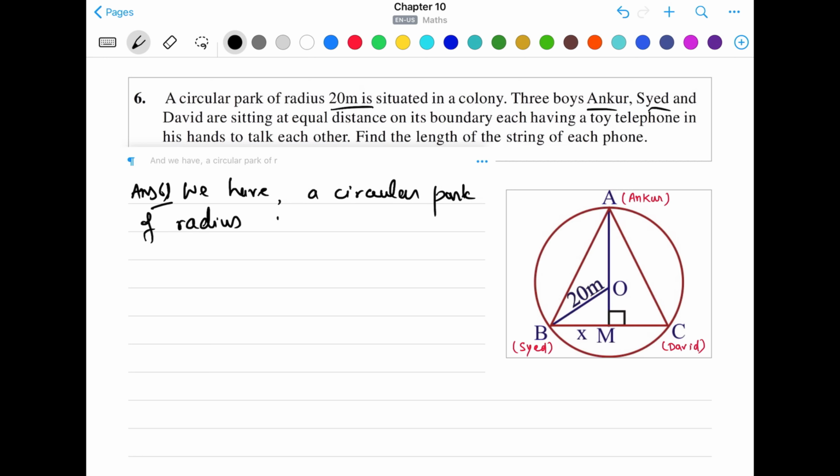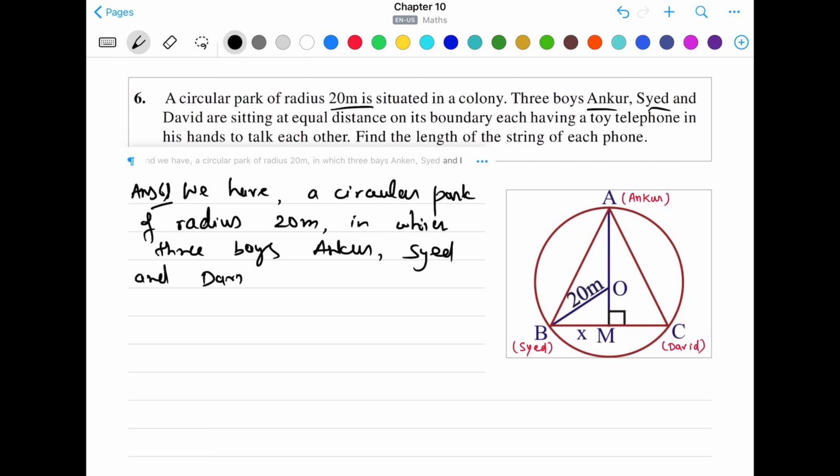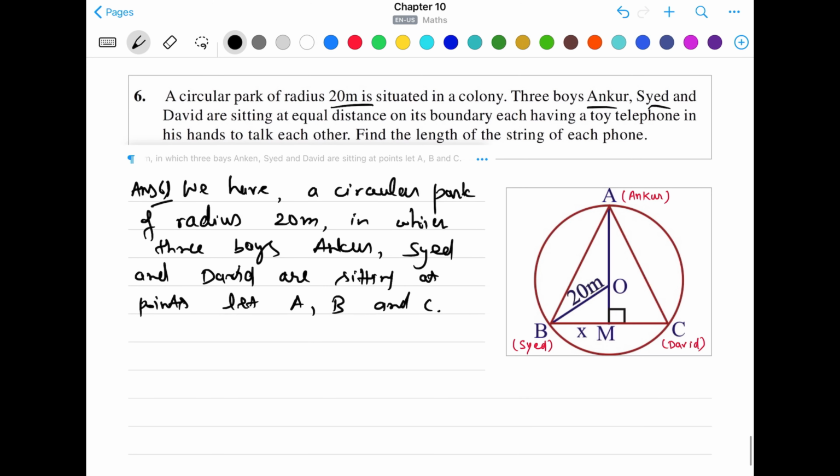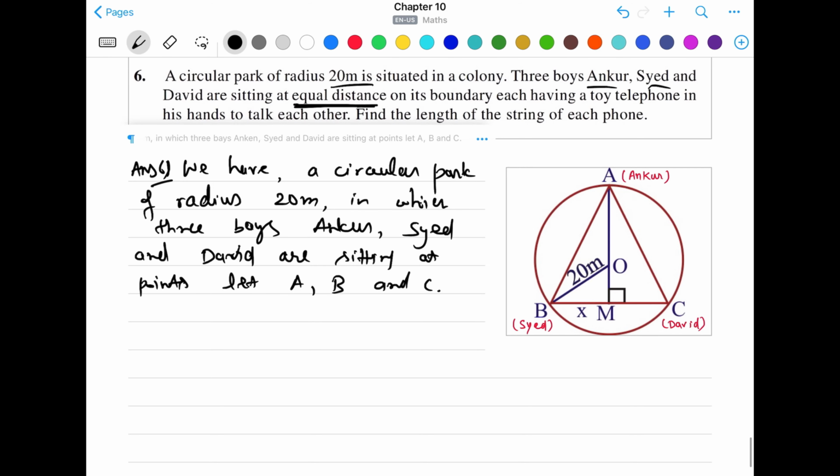of radius 20 meter in which three boys, Ankur, Sayyed and David, are sitting at points, let A, B and C. So we have three boys, Ankur, Sayyed and David, situated at points A, B and C. Since it is given that the distance between each of them is equal, they are situated at equal distance, so this will give